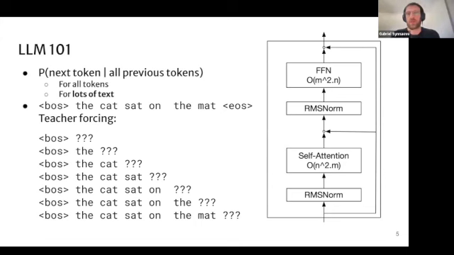What it means is if you have the sequence, beginning of sequence, the cat sat on the mat, end of sequence, in your training, you're really going to have, I tell you this is beginning of sequence, what is the log likelihood over the next token, and we're going to optimize the NLL for the, right?